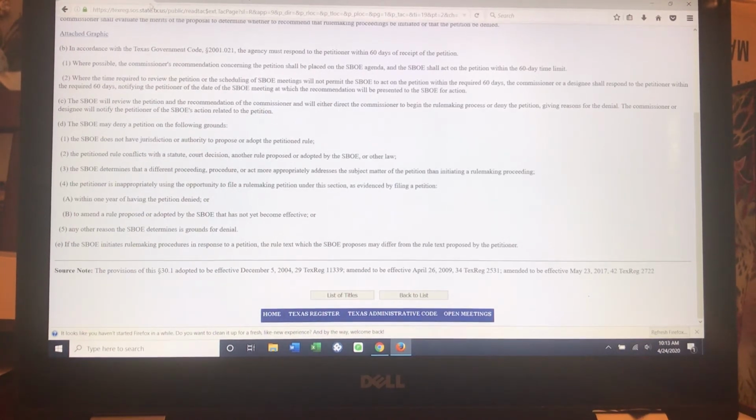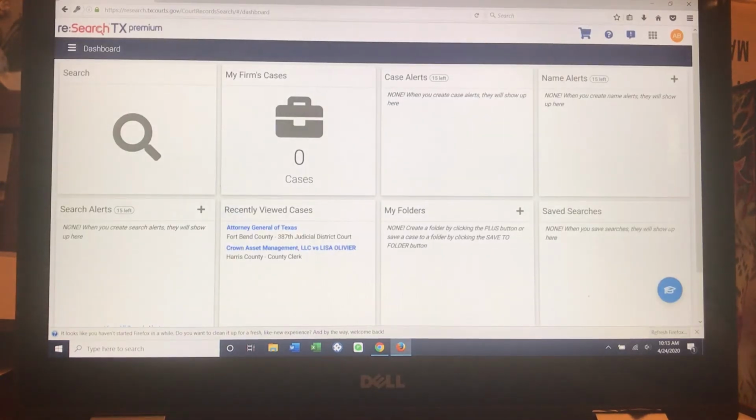All right, let's move on. Let's look at the newest website you can get access to. It's called Research Texas. And this is run by the same people that do the EFOP service that you may have used before. Now, what's great about this website is that